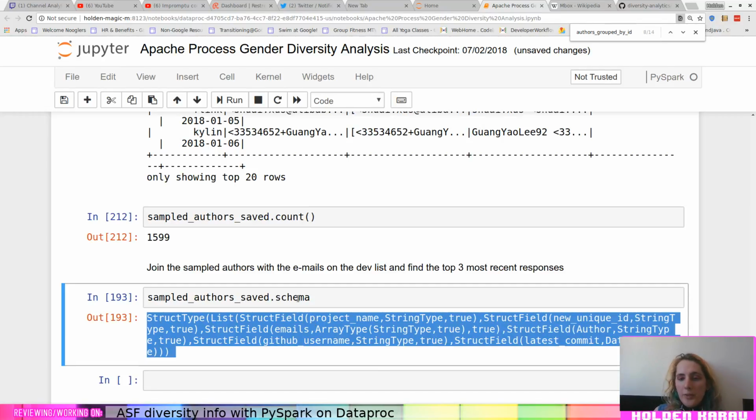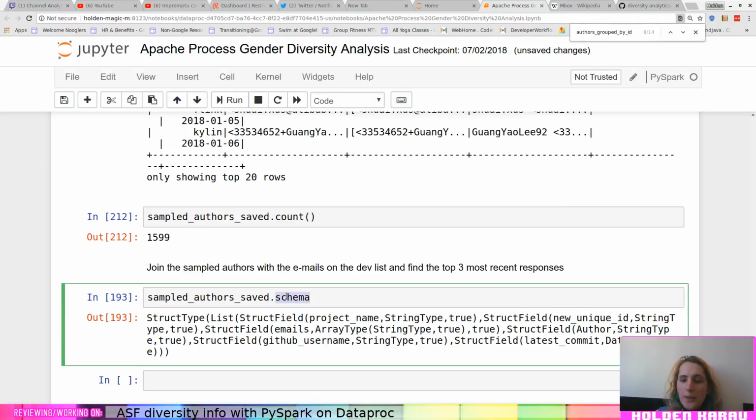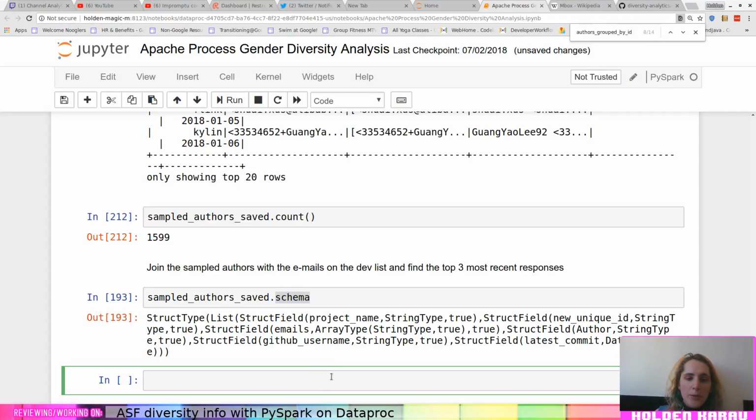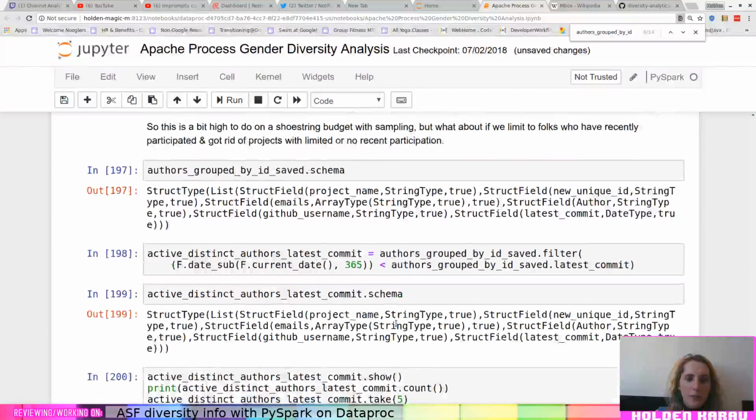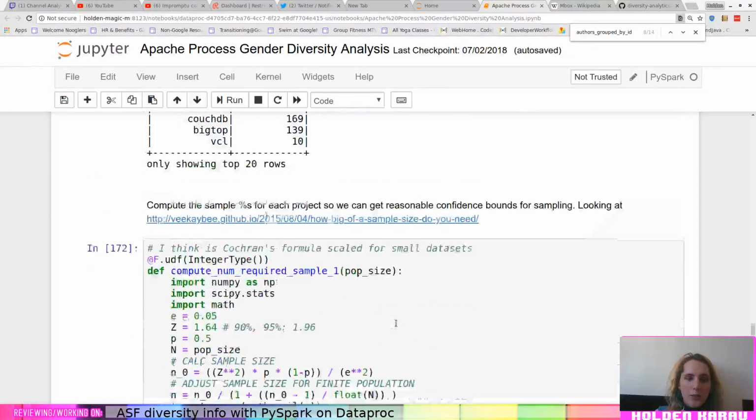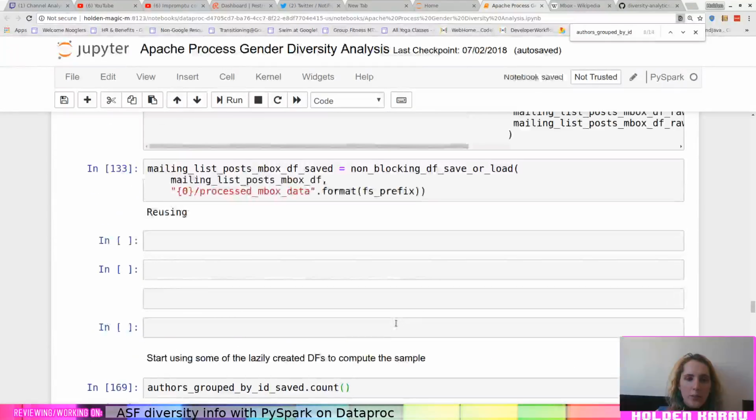So for each sampled author, we want to figure out how they're referred to in the project, right? Which pronouns they're referred with by people on the mailing list. So we're going to go ahead and jump into that part now. So sampled authors dot save, underscore saved. They could have multiple email addresses, and so we want to join this with the mailing list data. So I'm going to go up and find that data frame and get that schema